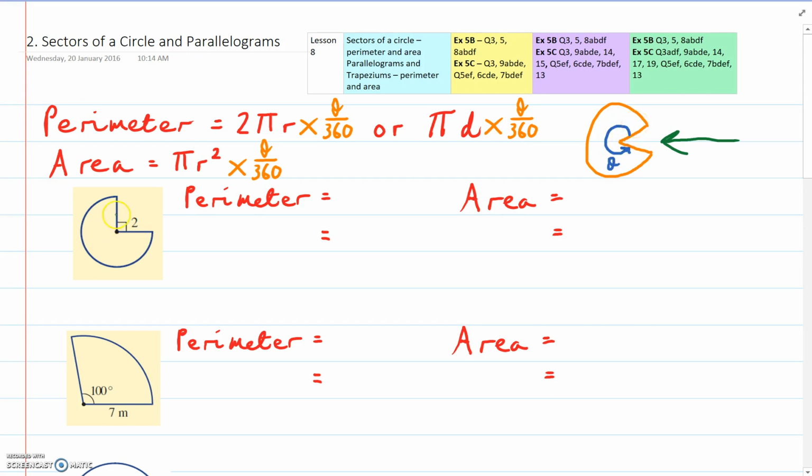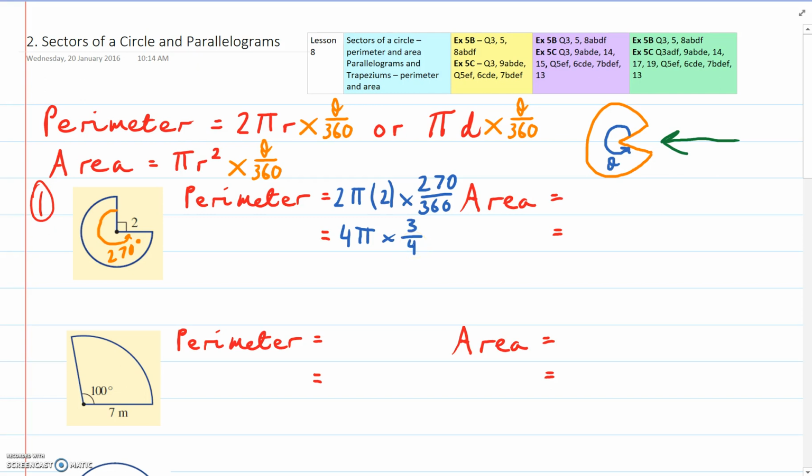So here, if we look at our example 1, we have a 3/4 circle, and this right angle is 90 degrees, which means this part, our theta, is 270 degrees. So let's find the perimeter. So we have 2 pi, and the radius is 2, and we need to multiply that by 270 over 360. Now that's the same as 4 pi times, like I said, it's a 3/4 circle, so 3/4 is what